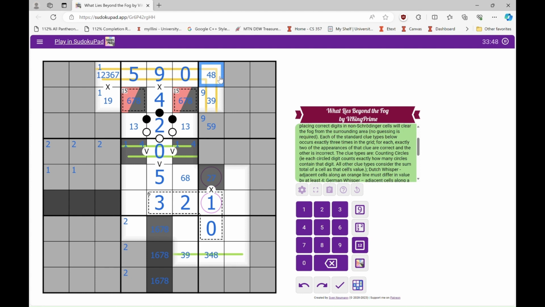So now there's only 2 spaces left in the grid for a 6. And I can't see a reason for it to not be either of these. So let's think back onto this. So now if this is a 4, then this has to be a Schrodinger. If this is a Schrodinger, then